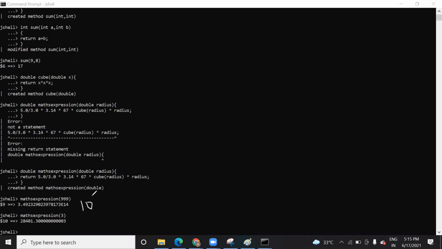That's why this value 3.14 is showing small. When you multiply this with 10 to the power 14, you will get that. That's why we are getting such a long value with these numbers.